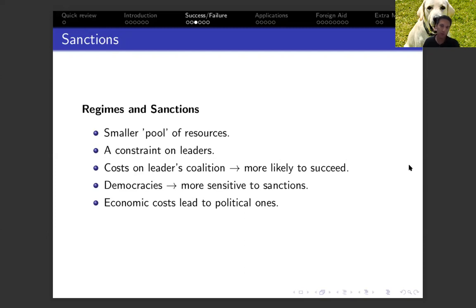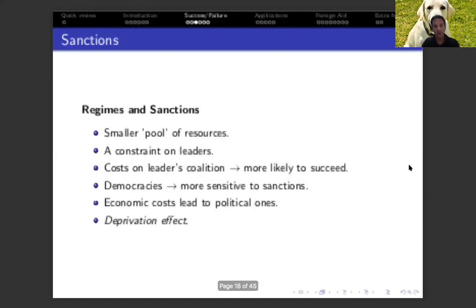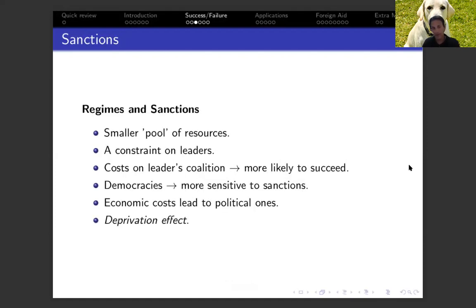So putting pressure on the public in the United States is supposed to lead to pressure from the public on the president. And if the president is not going to accept the demands from the public, he may lose in the elections and lose his position, which again is the basic assumption of this entire model, which talks about survival in office. And this is what's called the deprivation effect: sanctions that create deprivation on the public, which in turn turn those economic costs into political pressure on the leaders.